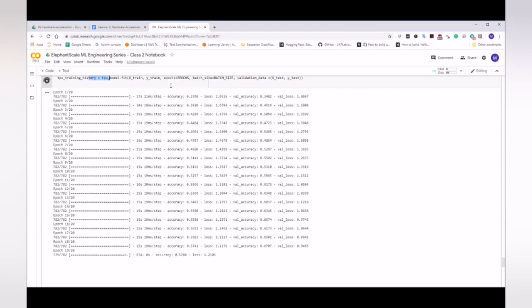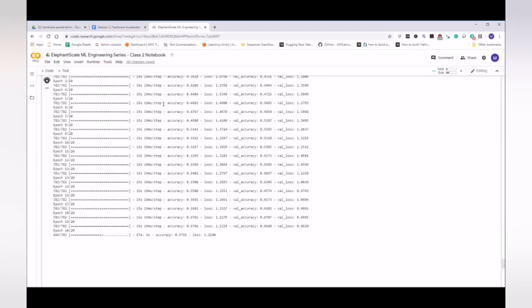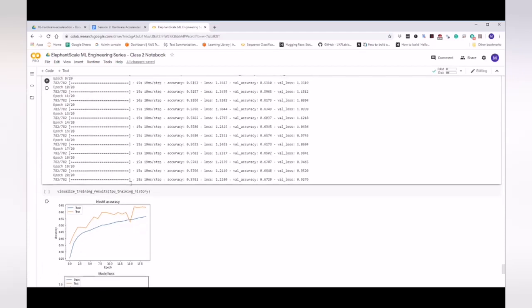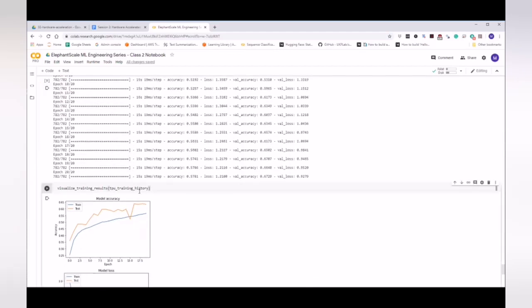Let's talk about some of the issues you might run into here. Once this runs and we see how the model comes out, I'm going to go ahead and change some code, and we're going to break it on purpose. We're going to see what some of these errors look like when using a TPU. Okay, and if I run this,